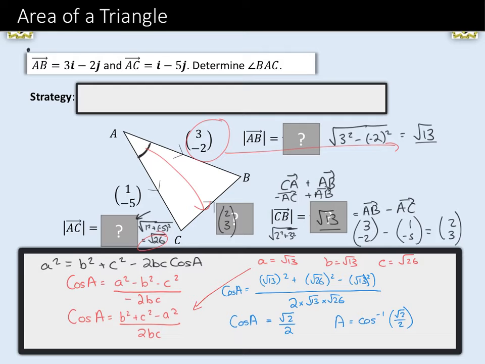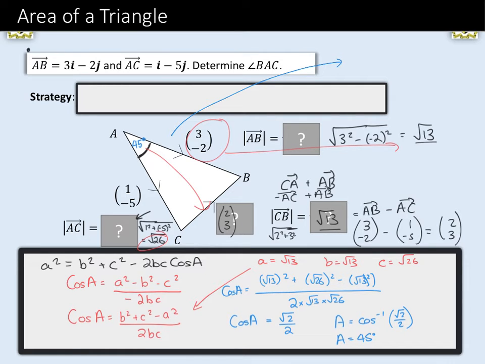And that's just going to give me 45 degrees. So A equals 45 degrees. If you know your exact values, then you don't strictly need to use a calculator there. So I've got that the value of A there is 45 degrees. Right then. So if I simplify this diagram here, and I'll just continue it on the next slide in a